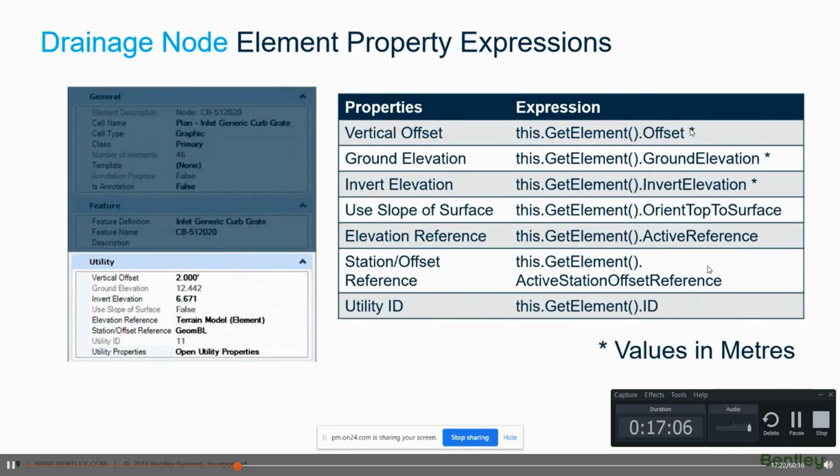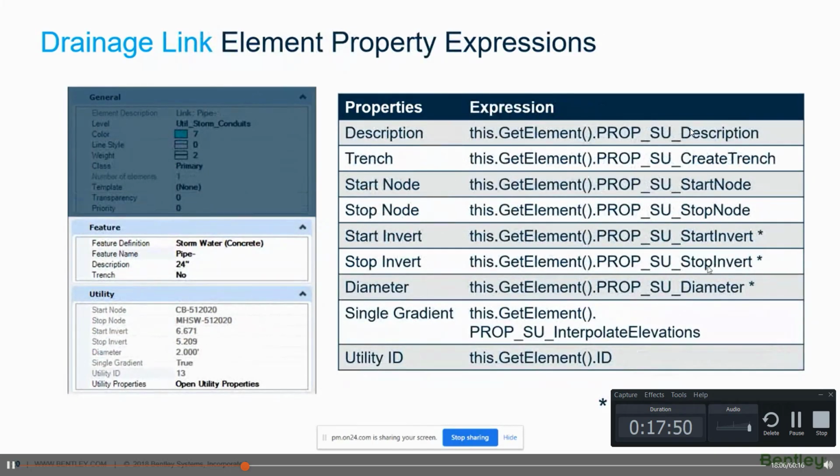What we find that item types is particularly useful for is in drainage, in some of the drainage tools. So there are a heck of a lot of drainage element property expressions, and here are some of those for the nodes. Again, note this is in meters, so it's things like vertical offset, ground elevation, invert elevation, etc. But as I say, we've noticed a particular use for these kind of things in some of the drainage, because there's lots of actual physical things that you might want to measure or add information about, particularly for those kind of drainage things. And so there's also some of the expressions for drainage links as well,